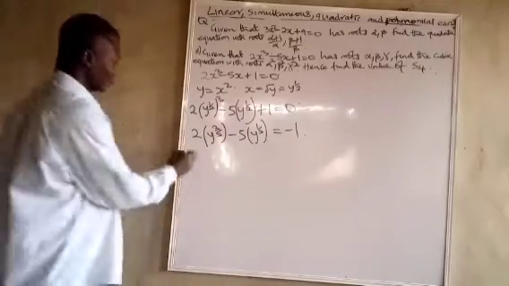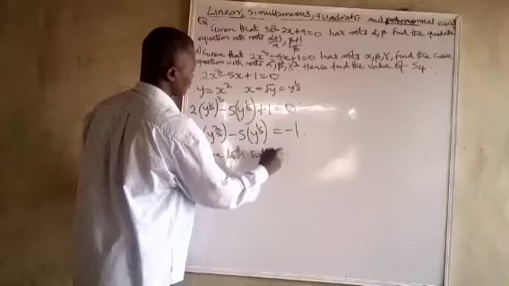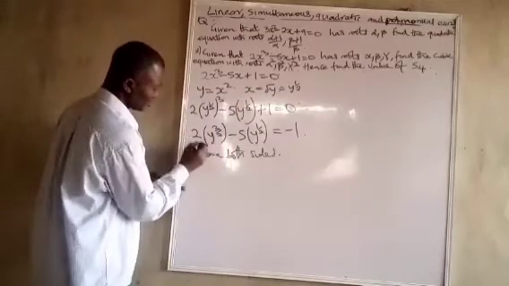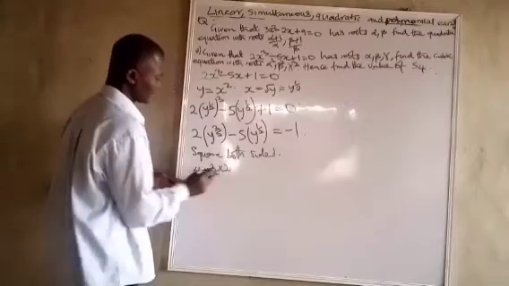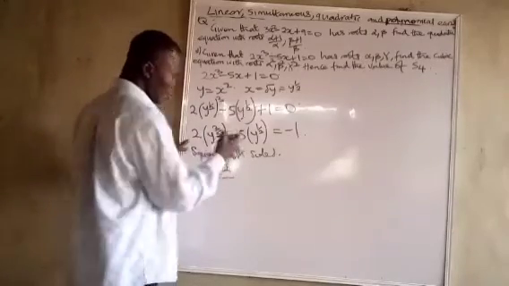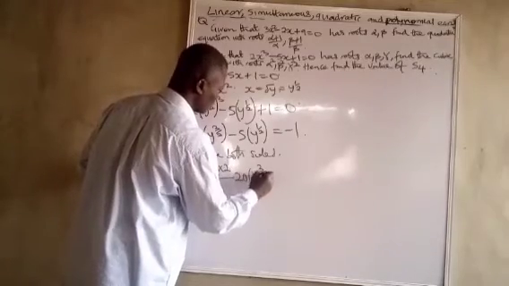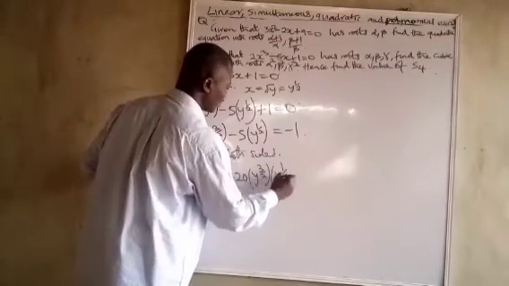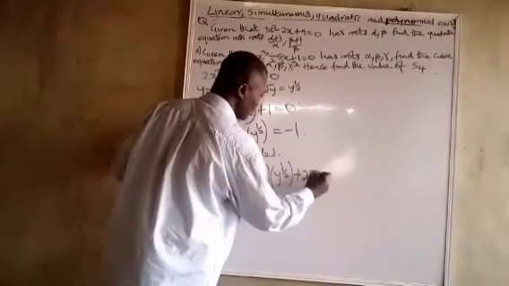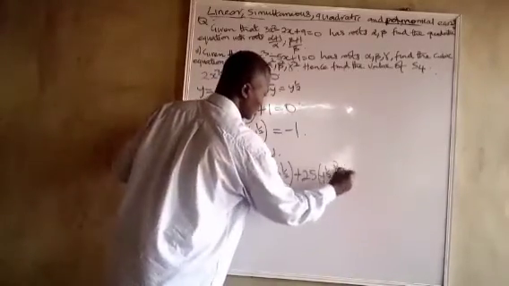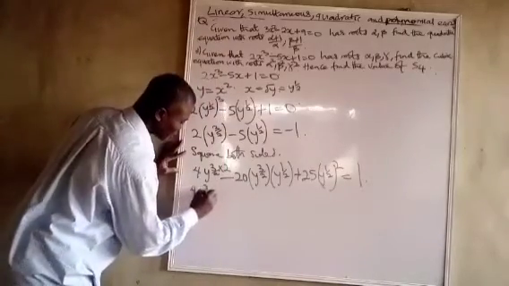Now let's square both sides. We are going to have 4y raised to the power 3 over 2 times 2, minus 2 times 2, 4 times 5, 20, minus 20 into y raised to the power 3 over 2 into y raised to the power half, then plus 25 times y raised to the power half squared, is equal to 1. That is 1 squared. So by the time I do this one, it's going to give me 4y cubed minus